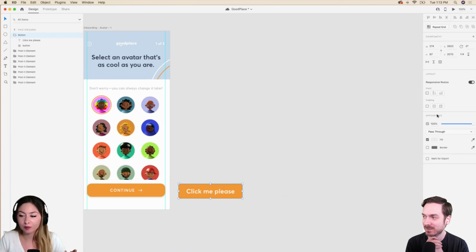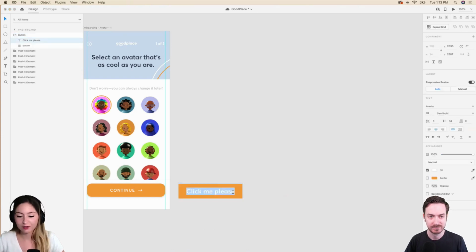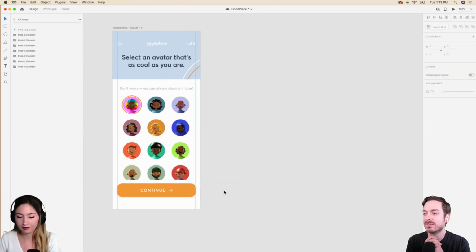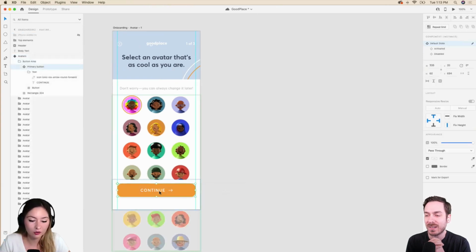But a way to avoid that is if we were to enable our padding. XD is analyzing all of the padding around this. And so if we were to add text, it would resize, which is pretty cool. But since I have this arrow here, it gets a little bit tricky, so I'm gonna have to do it